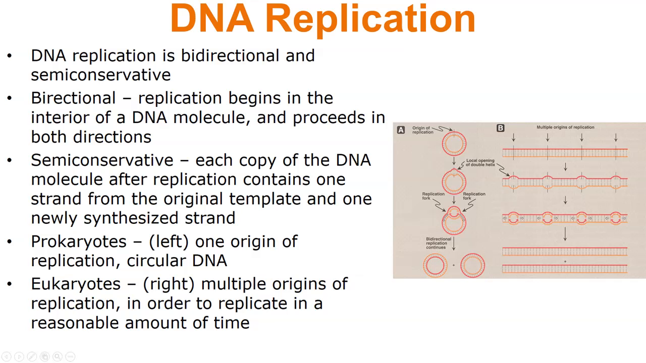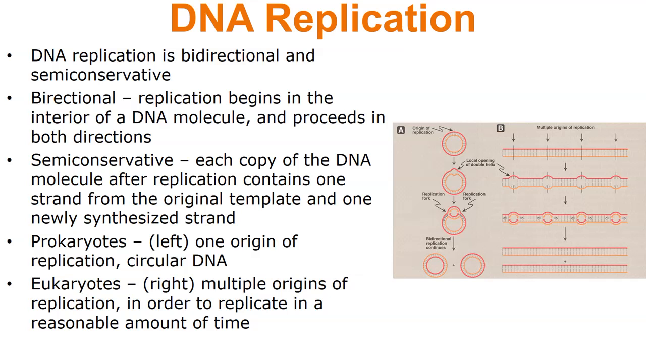You can see right here we opened up the DNA and it's going in both directions around the circle. Or in the case of the linear DNA, we opened up the DNA and we're going in both directions. That's what we mean by bidirectional. It's going to go in both directions when we replicate the DNA. We have this next term, semi-conservative. That means